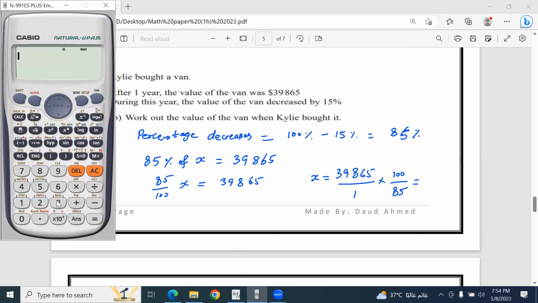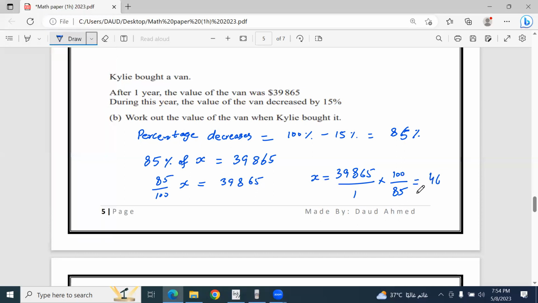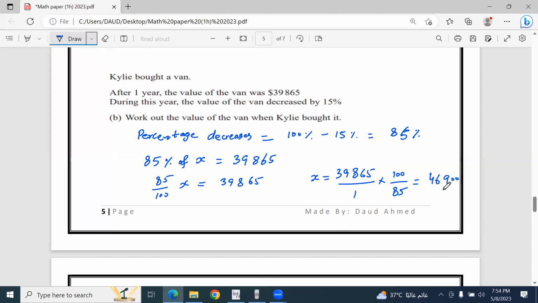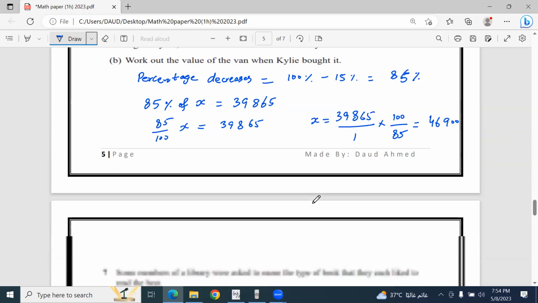So check in your calculator, it gives you what? So we have 39,865 multiplied by 100 comes what? Divide by 85. We will get the answer 46,900. That is the actual price 1 year before when she bought. I hope you get the point. Next,